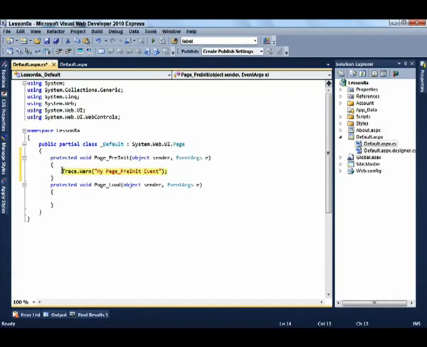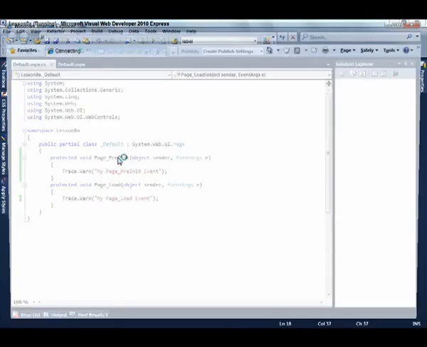Now copy that and put it in the page load event and change the warning to say my page load event. Click the F5 button to run it